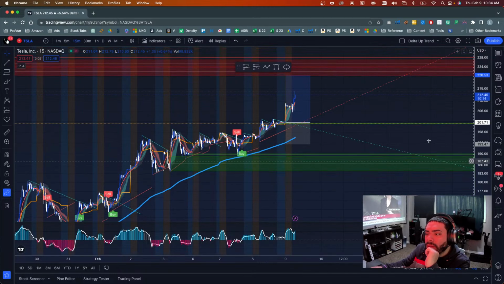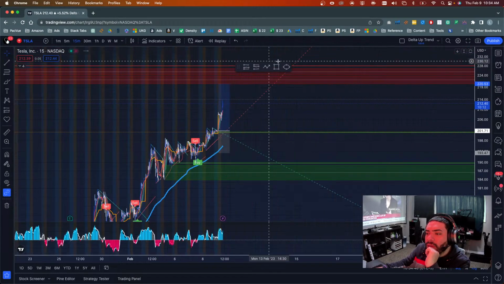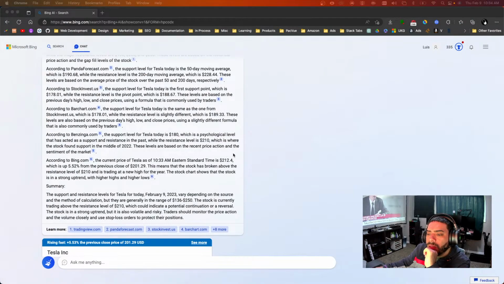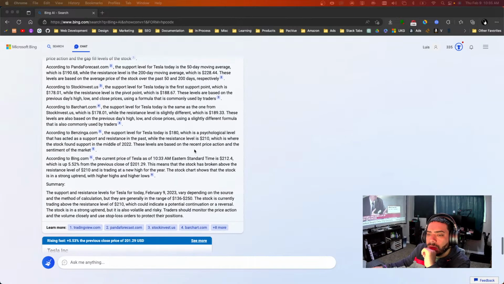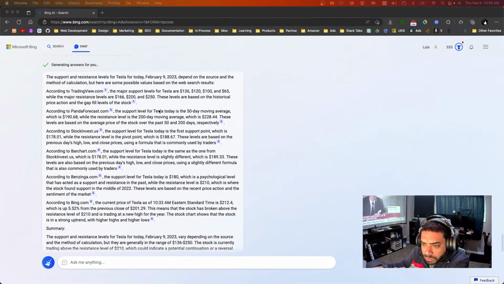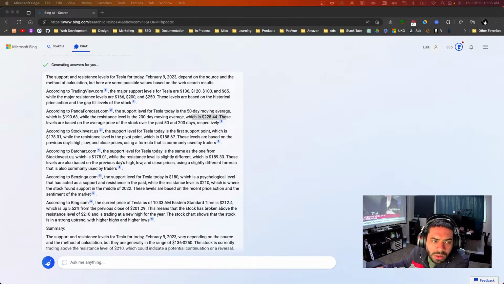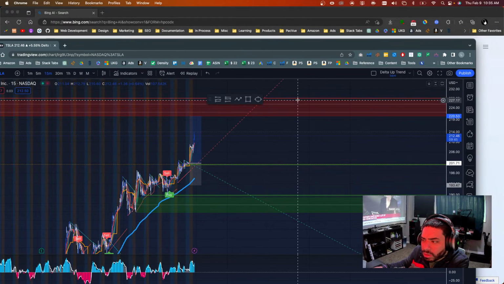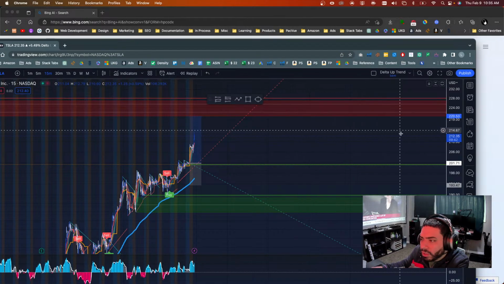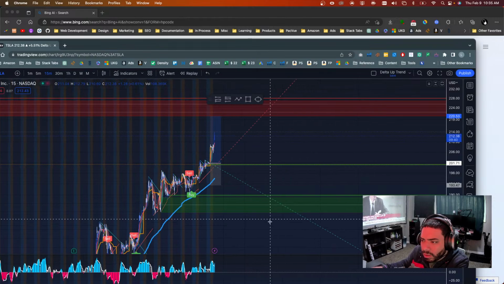And here I got around 220. So 190, and the resistance is 228. I think that's a little bit higher. Actually, yeah, that's the highest. Yep, 228. That's the whole range.